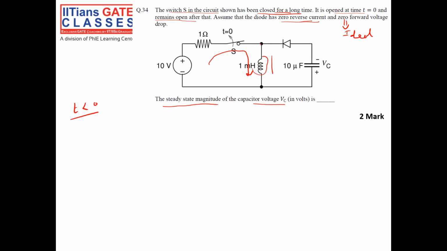okay? And since the inductor is a short circuit, the diode is open, right? For a long time the switch is closed. This implies this will be like a short, this is grounded, so my diode also is open. Okay, what is the equivalent circuit? Inductor will be like a short circuit for long time charging. Then the diode is open and there is a capacitor